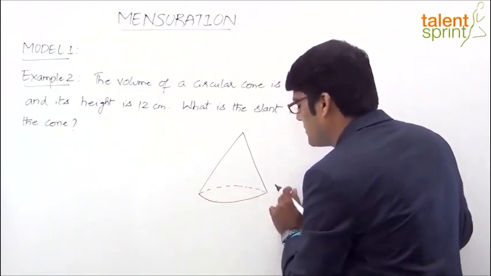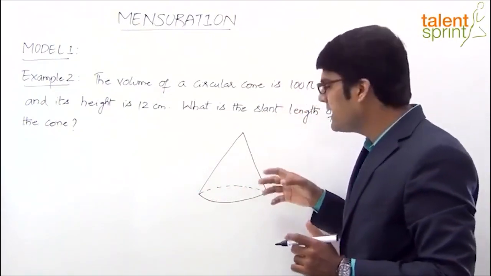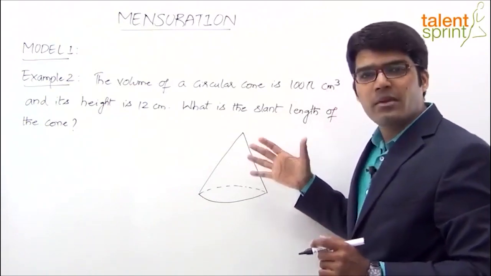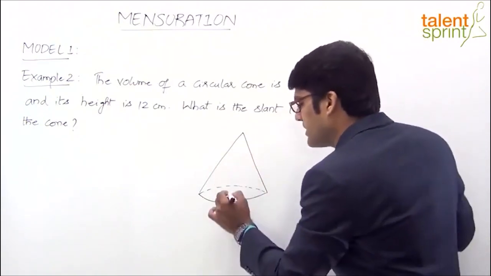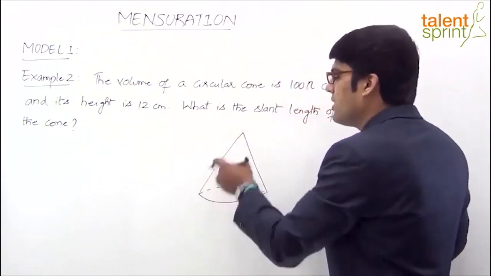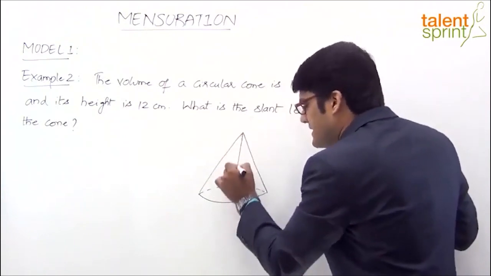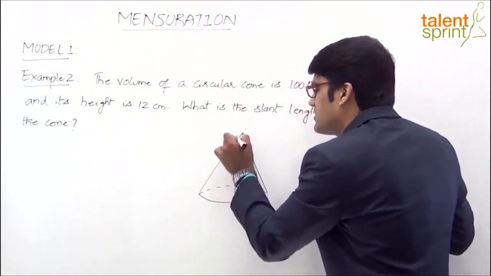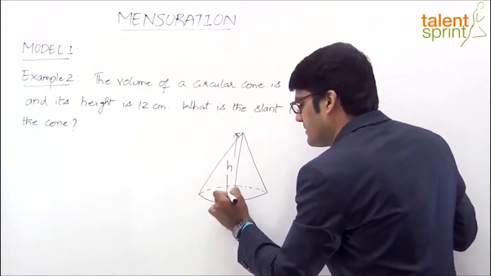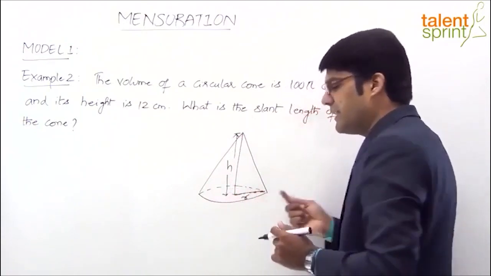अब अगर आप इसे देखें, वैसे तो बोर्ड पर कोन ड्रॉ करना मुश्किल है, क्योंकि जैसे मैंने बताया 2D सरफेस है ये बोर्ड, और 3D फिगर ड्रॉ करना मुश्किल होगा। लेकिन अगर आप इसे एंगुलर व्यू में विजुलाइज करने की कोशिश करें, तो ये हो गया एक कोन का शेप, राइट, जो बेस है सर्कुलर है और बाकी स्लैंट लेंथ है। अब यहां पर इसे हम हाइट कहते हैं, राइट, हाइट h, कोन की हाइट हो गई h, राइट, और ये हो गया रेडियस r, राइट, रेडियस ऑफ द